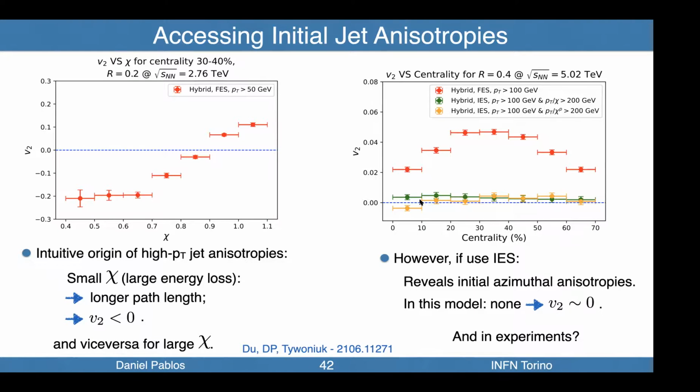And of course, at high pT, the currently known mechanisms for initial state correlations do not show much of a signal. Also in AA, due to combinatorial effects, many of the color domains would die off. But in any case, one wonders what the result would be in experiments. Is there any underlying V2 of high pT jets, or perhaps not so high pT? We could go even further down. Is there some remaining V2 that is not associated with final state effects and perhaps could give us a clue about the high pT V2 in small systems like PLED?